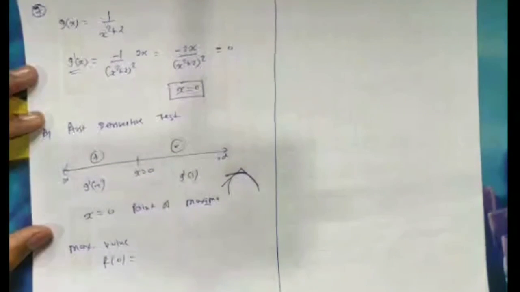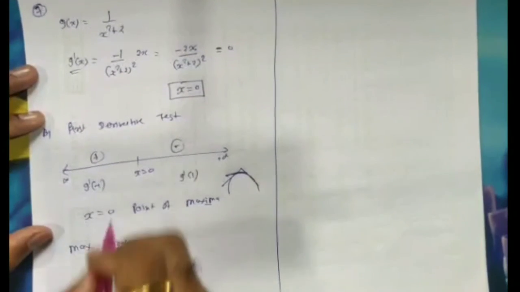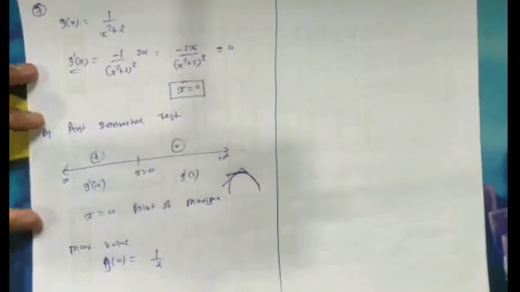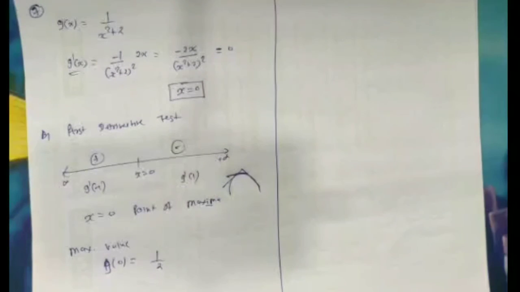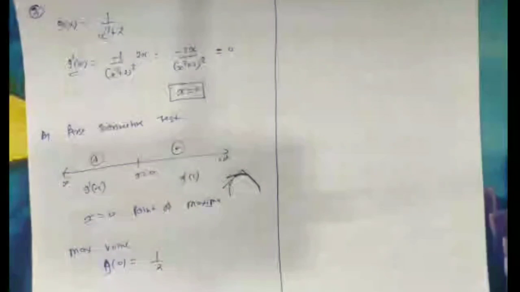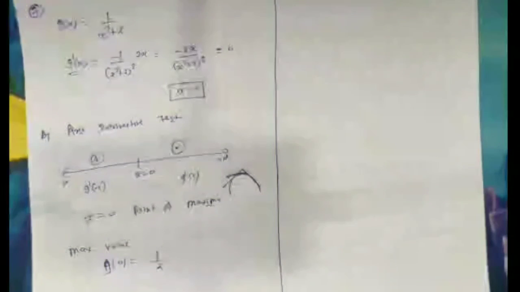So at point of maxima we are getting maximum value, so maximum value of the function at x equal to 0, so put g of 0, 0 put करो तो it's a 1/2, so 1/2 is the maximum value of this given function, or we can say local maximum value, clear।